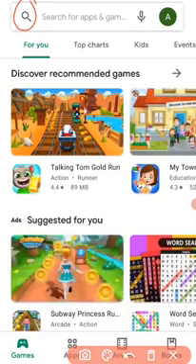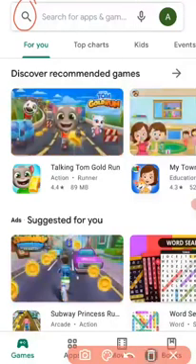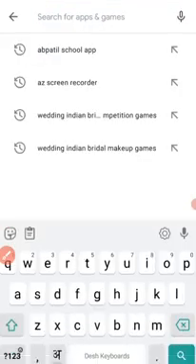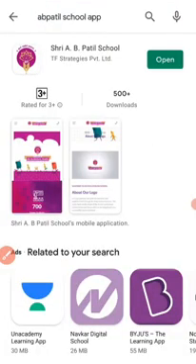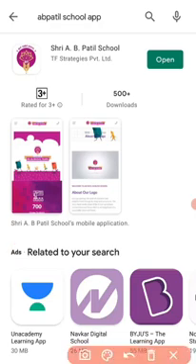Patil School. Once you type A.B. Patil School, then you will get a school logo, and below that it is written as install. You have to click on the install. I have already installed it, so I am not getting that message. You have to click on the install to complete the installation process, and afterwards you will get the message like open. You have to click on open and allow all the process to complete the installation of our school app.